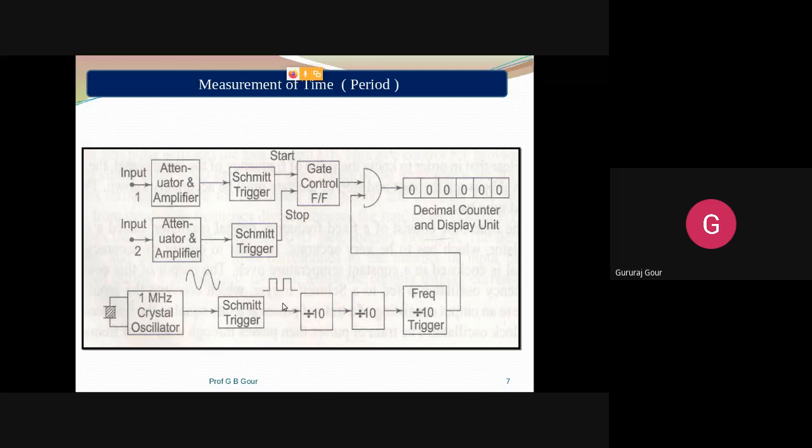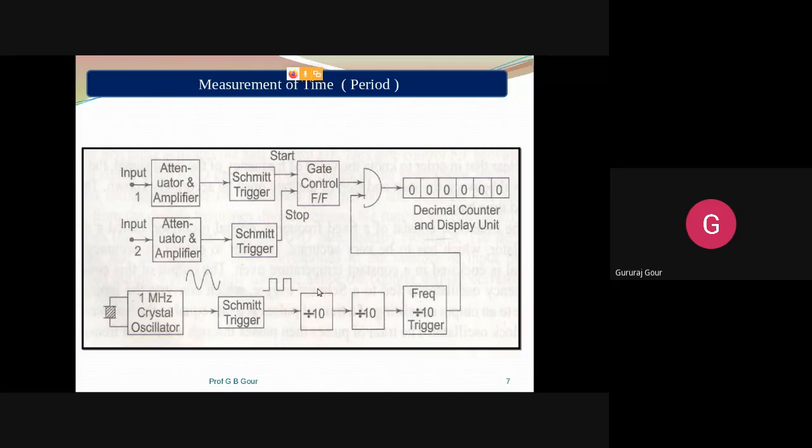Next, suppose you connect at this point, then you are telling the DTM that you want to measure the 1 microsecond range, because the reciprocal of 1 megahertz is 1 microsecond. That point is coming here, that is not shown here, but I have shown here.